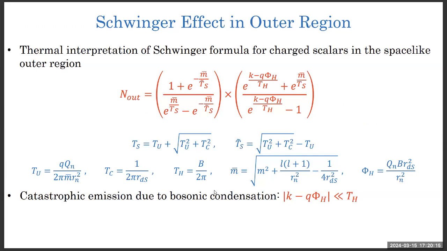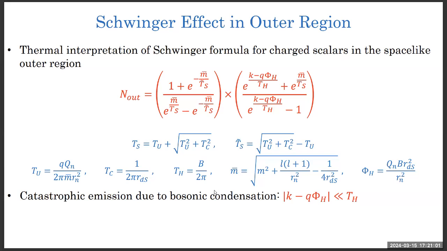That comes from the denominator of the second factor for near extremal. Now it cannot happen for a black hole. Though it looks like Hawking radiation, you cannot extrapolate the Hawking radiation formula to extremal just because the geometry changes too. That I described already, and I emphasized many times. So you cannot extrapolate the Hawking formula, but here, the near extremal black hole, near horizon, because of the enhanced symmetry. Anyway, now it has this